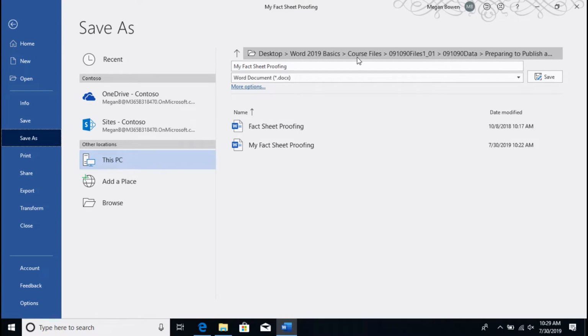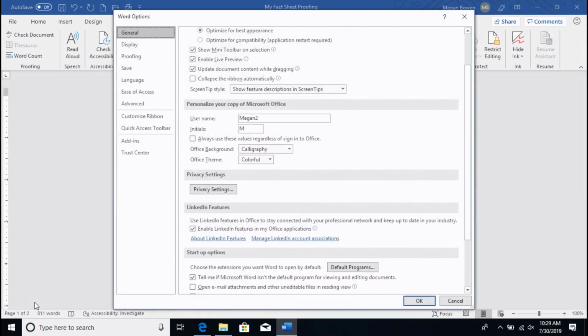Well, how does it know where to save the document? In this case, we opened this document from this file location, so it remembers where it's stored. It assumes we're going to save it there. However, we could change where it's saved to, but let's first look at where else it might typically save the document. So let's go down here to Options in our Backstage view,